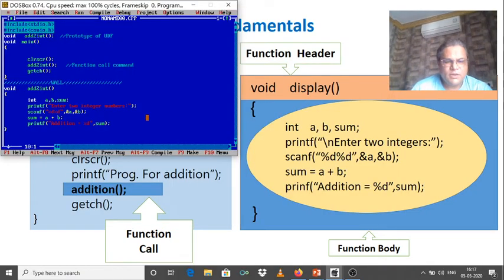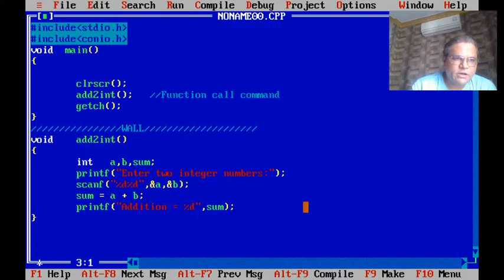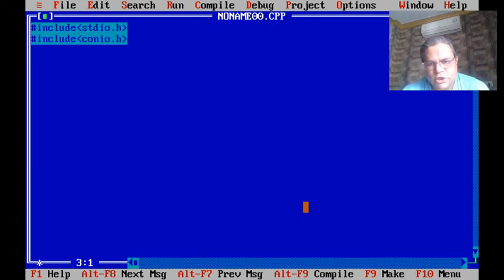So let us write another program by using function and understand how I am doing it. This is the easiest way by which we can complete the program by using function. Let us write a program to find the largest out of three integers by using function. So now first I will think of writing this program without using function. I will start by writing void main. Since we have to find the largest out of the three integers, we will take variables, let's say a, b and c, as well as one more variable, max.